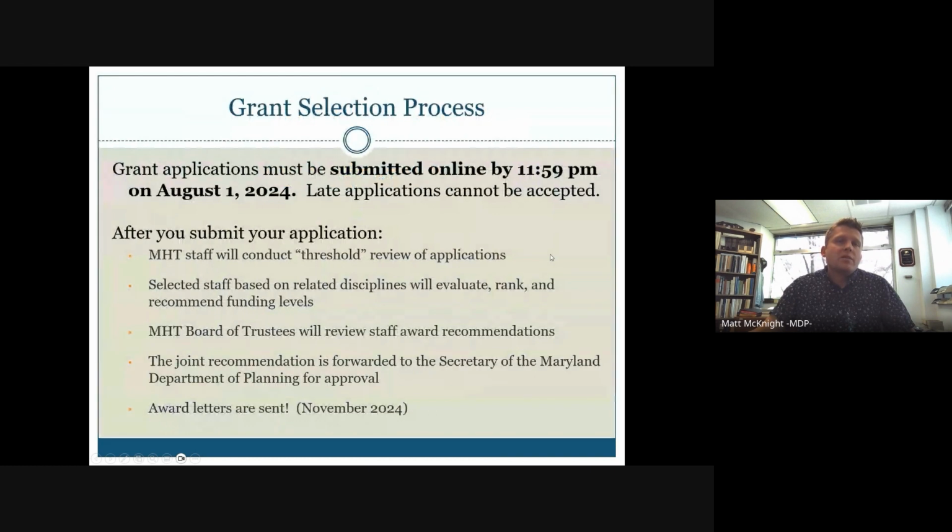Grant applications must be submitted online by 11:59 p.m. on August 1st, 2024, and unfortunately, late applications cannot be accepted. I know we've brought this up a few times, this deadline, but we want you to be aware that we